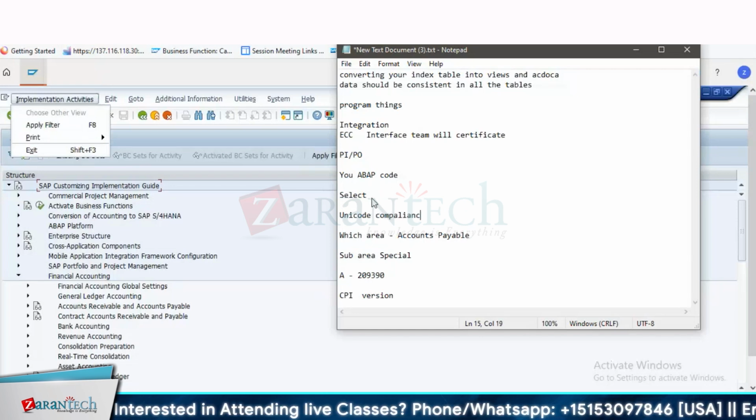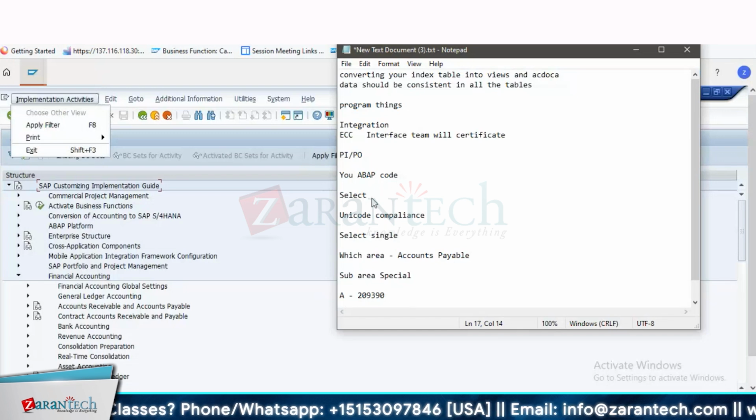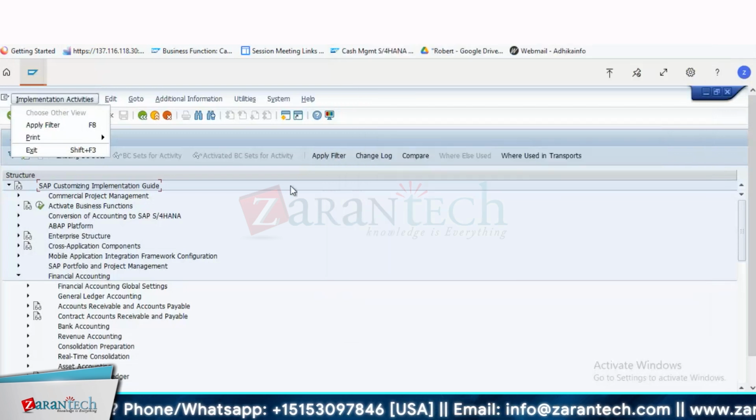Why does it check for Unicode compliance? So this basically checks your select query. Suppose select single. Okay, what is meant by select single? So suppose